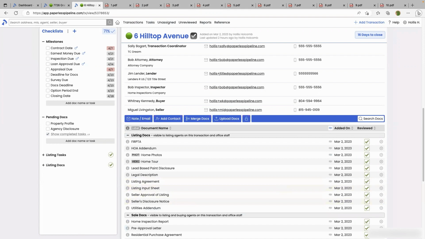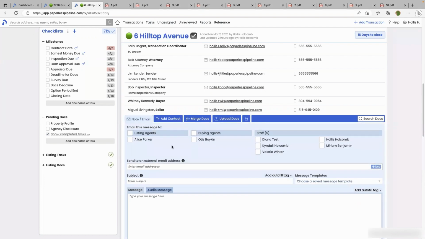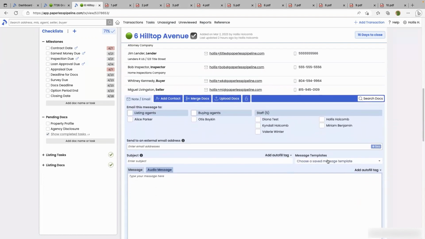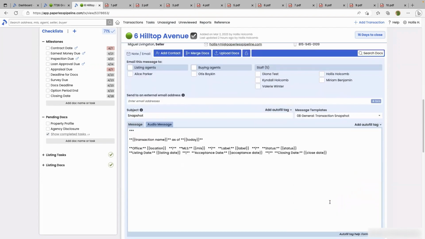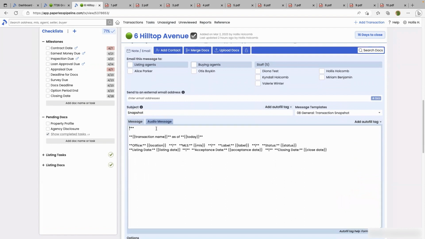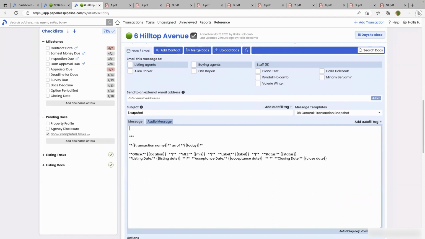Maybe it's some communication with an agent regarding a specific deadline they have some questions about, or a conversation with a client asking questions about the signature request you sent earlier. Either way, some offices create reusable message templates to simply offer a quick snapshot of the transaction to whoever they're chatting with. So whenever they're sending a message out from the transaction, they might start with this transaction snapshot template like this, then write their message above, let's say,